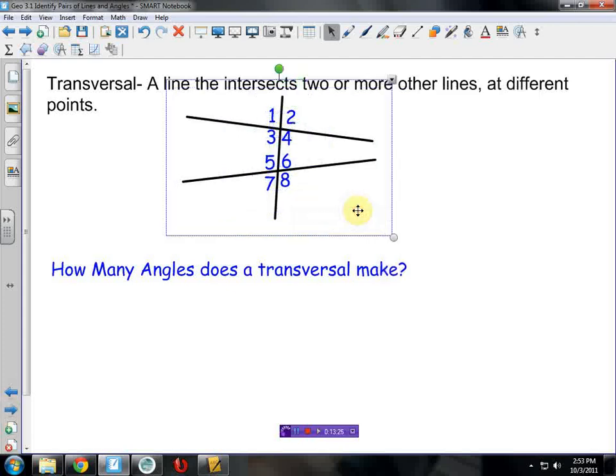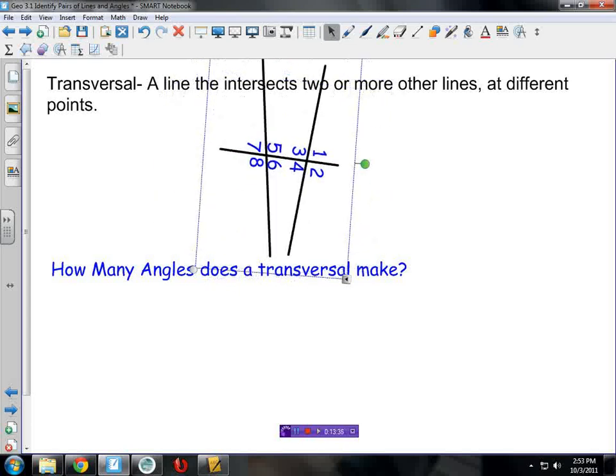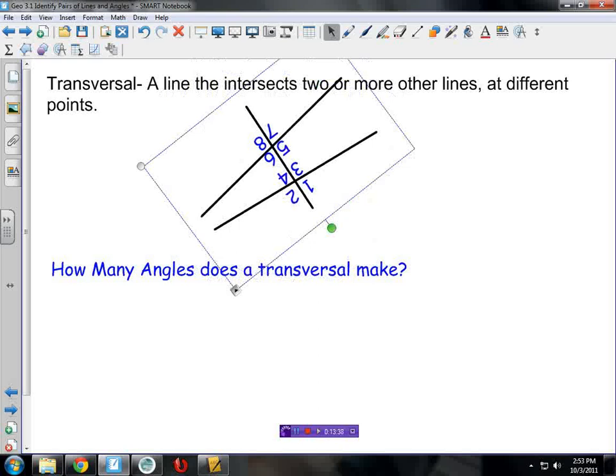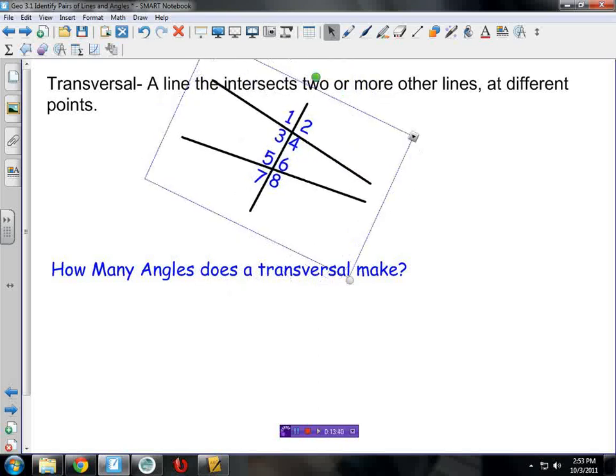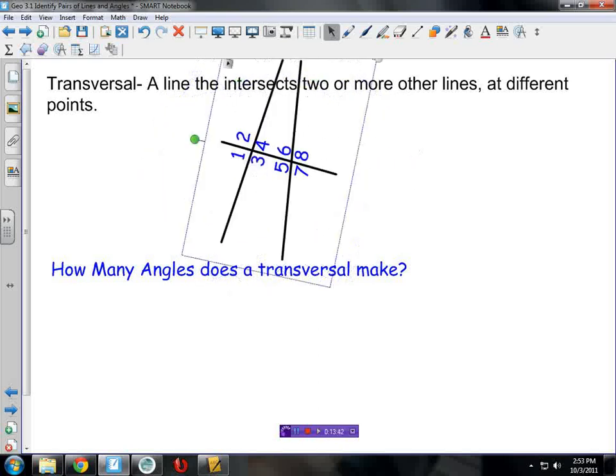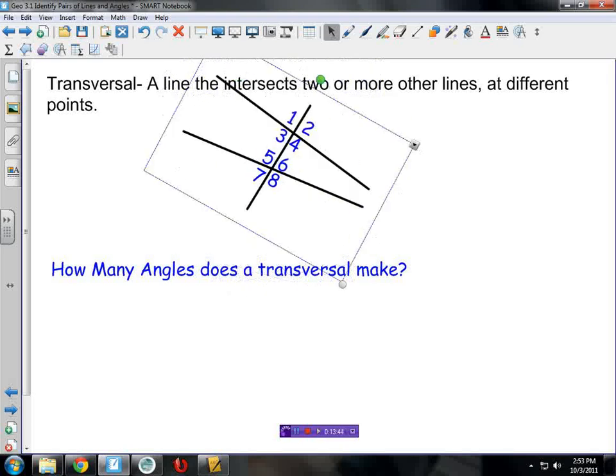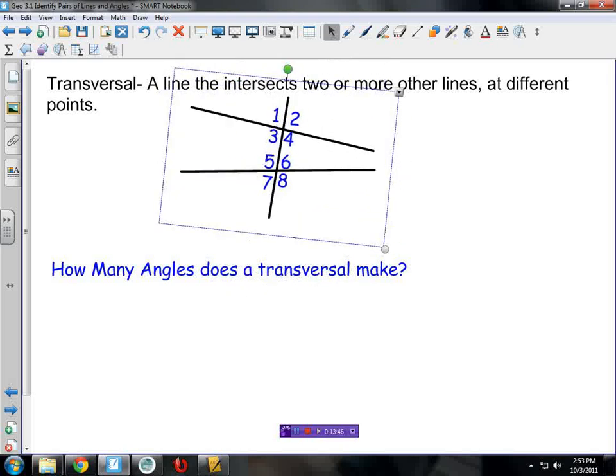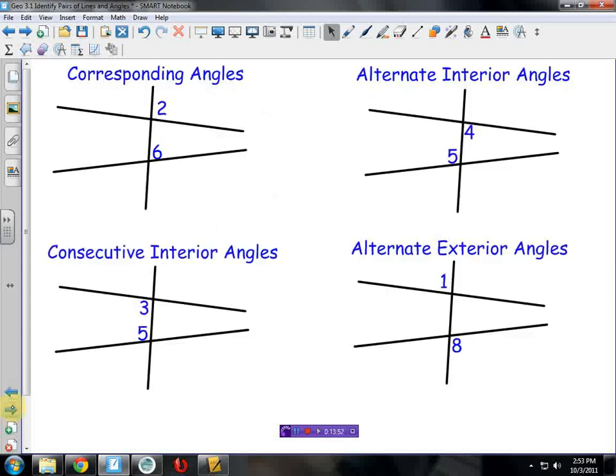Here we go. Now, one thing about transversal, some people get stuck on thinking that the transversal has to be vertical. Is this still transversal if I turn this sideways? Does it matter which way it points? It just has to cross 2, right? It doesn't matter which way it crosses 2. It makes those 8 angles, and we're going to give them